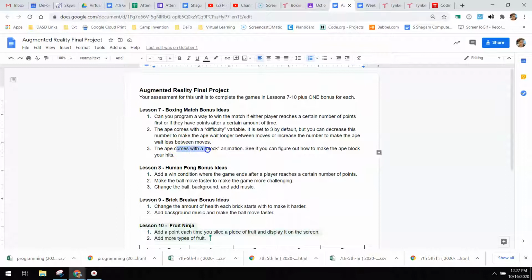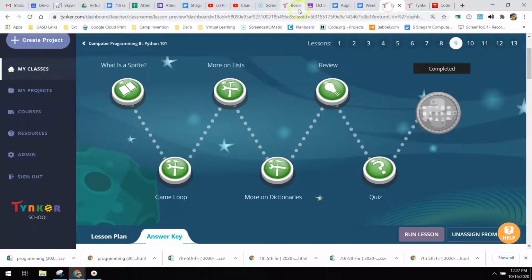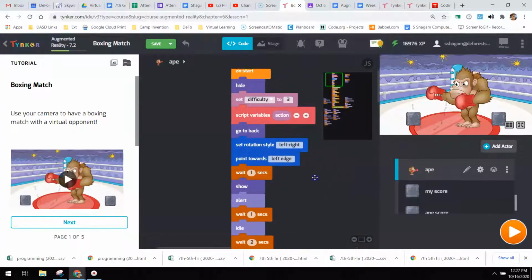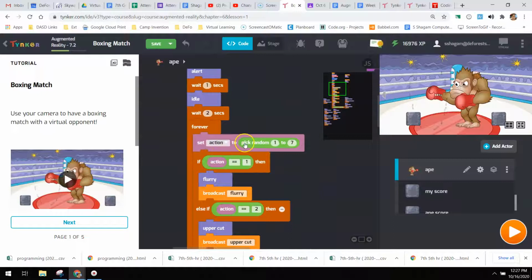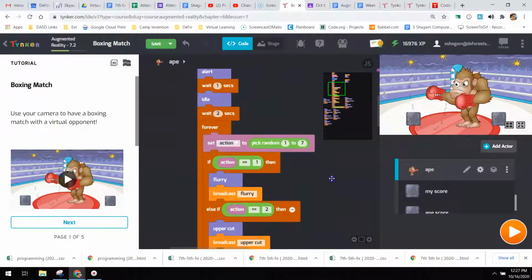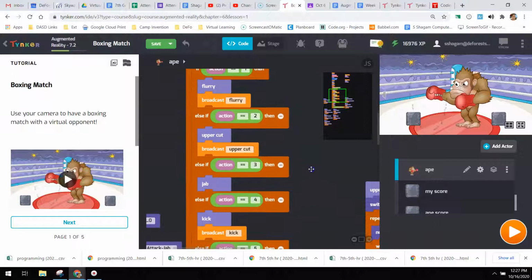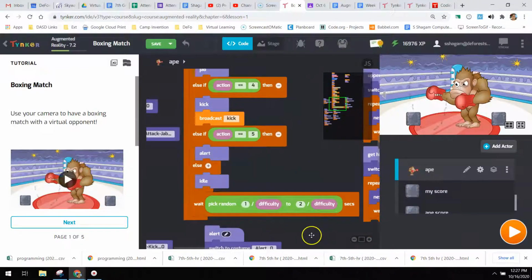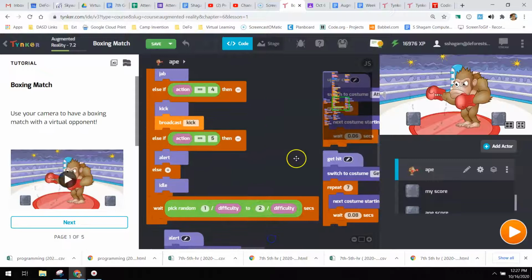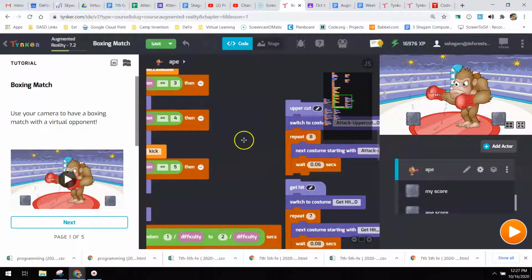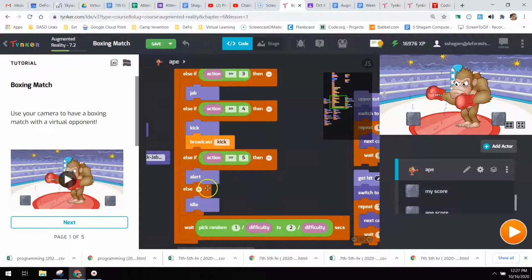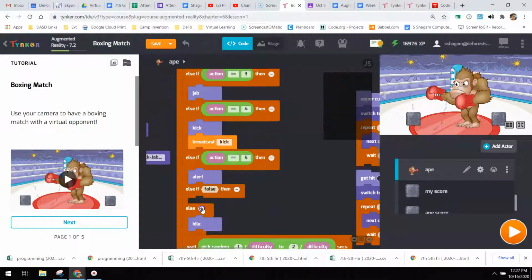You can also program it to make him block your hits. So if you look at his code, he has some things that he does here. It says to pick a random action between 1 and 7. So 1, 2, 3, 4, 5 is what it does. There's no other ones in here, but there is a block, so you can add an else if here, and if the action is